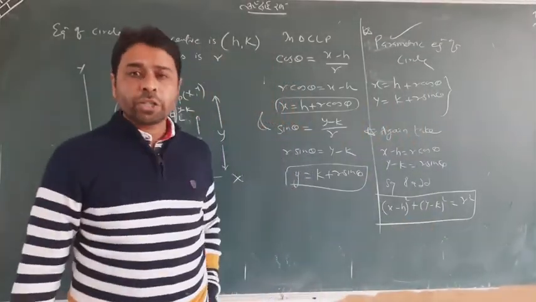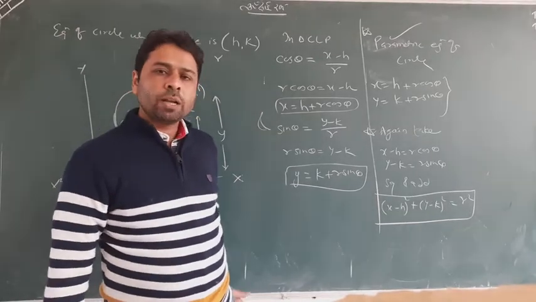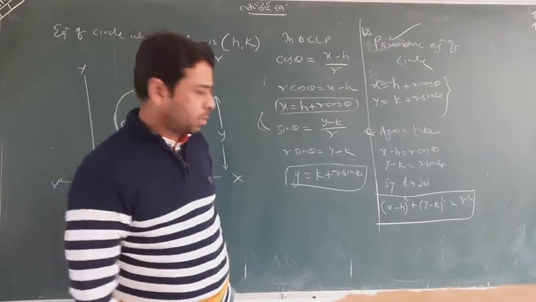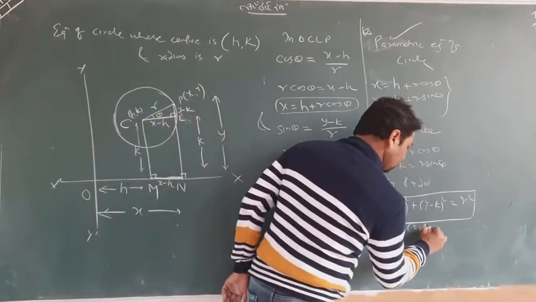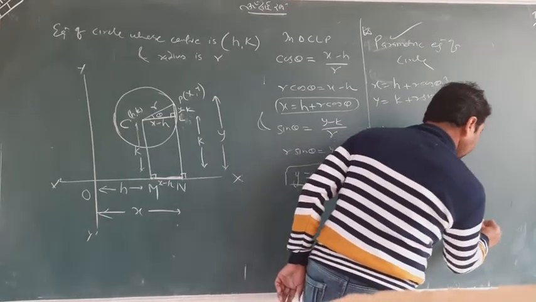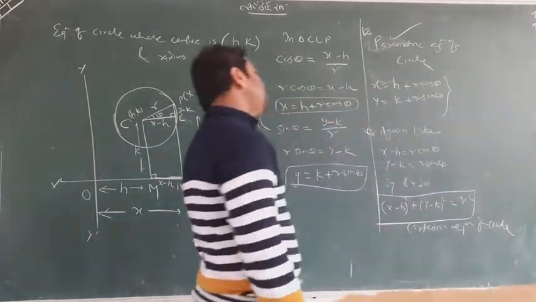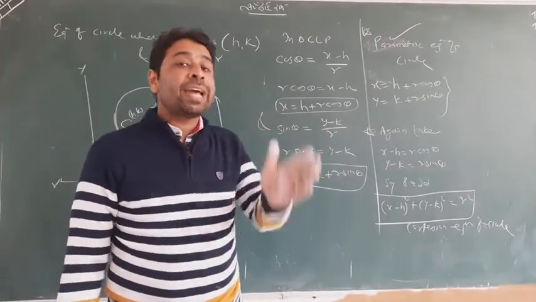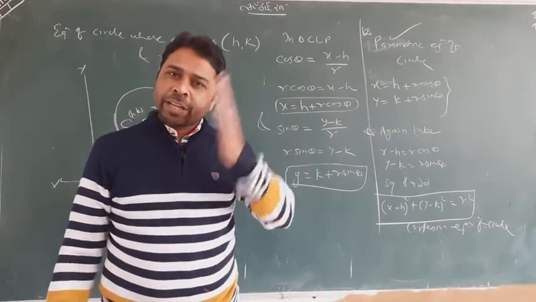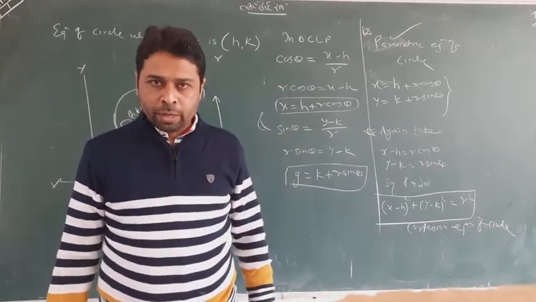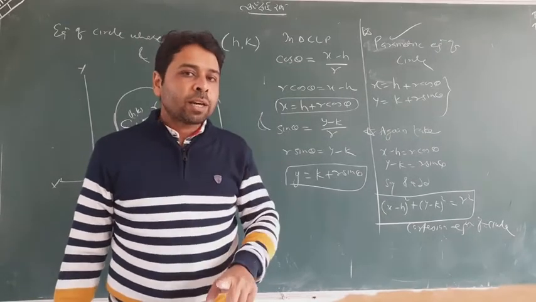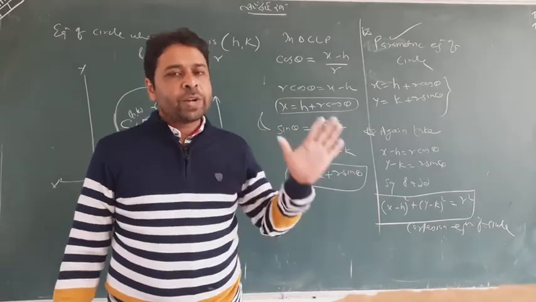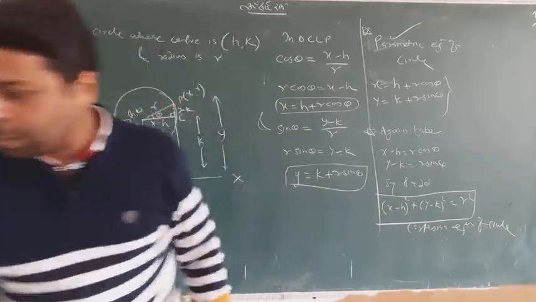Remember, this is a Cartesian equation, which is our main equation that we have to use further in the examples and exercises. So this is the Cartesian equation of a circle. Keep this in mind, it is very important. Now, two formulas we have seen, and both depend on the center and radius. When the center is the origin and the radius is r, you know the answer: x square plus y square equal to r square. When the center is (h, k) and the radius is r, we will use this formula. So I hope you have got it.